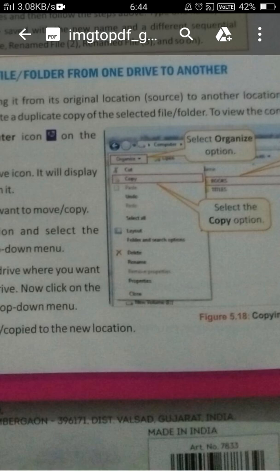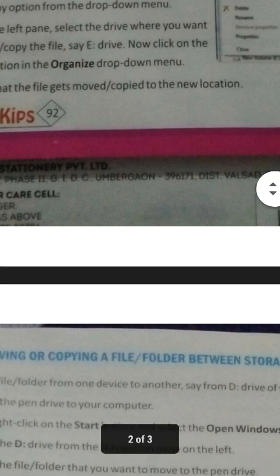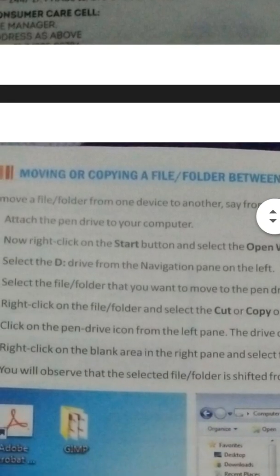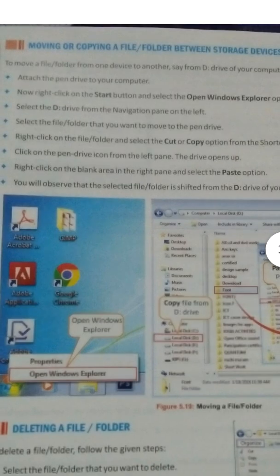A menu will come to you. In that, if you want to copy, you can copy, or if you want to move, then cut it. After cutting it, open the drive in which location you want to move it, and paste it. By right clicking, you can paste it.